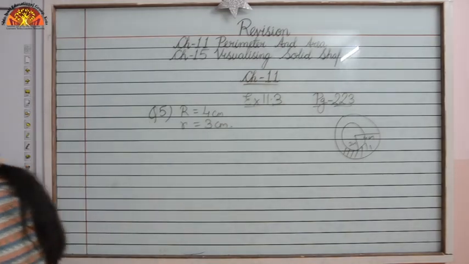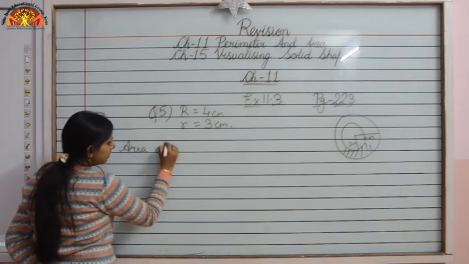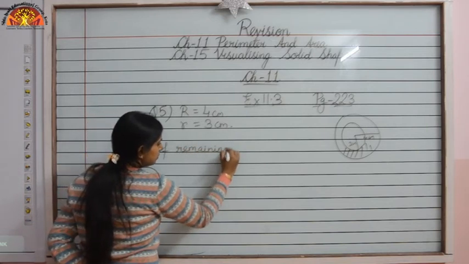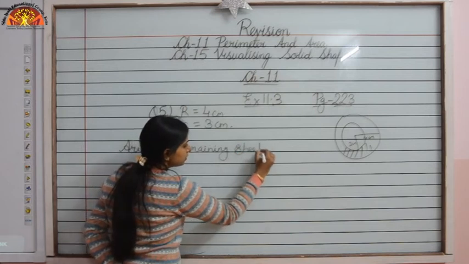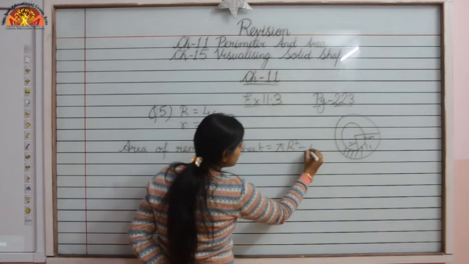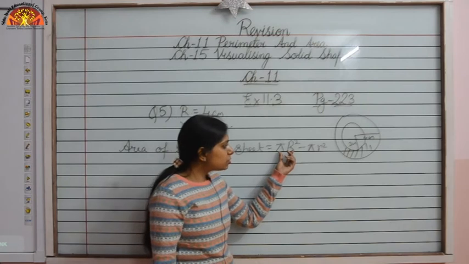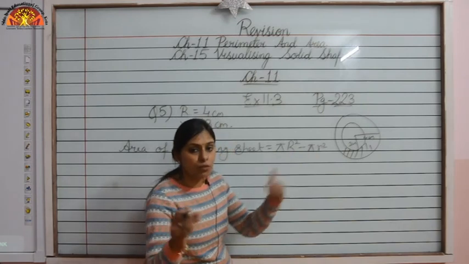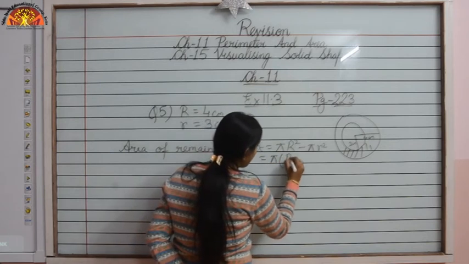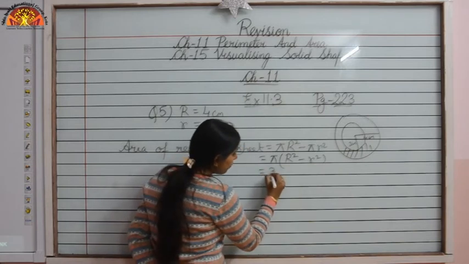Now we can write that the area of the remaining sheet is equal to pi R square minus pi r square. That is the area of the circular sheet minus the area of the circle which we have to remove from the circular sheet. So we can take pi common, that is pi into R square minus r square,